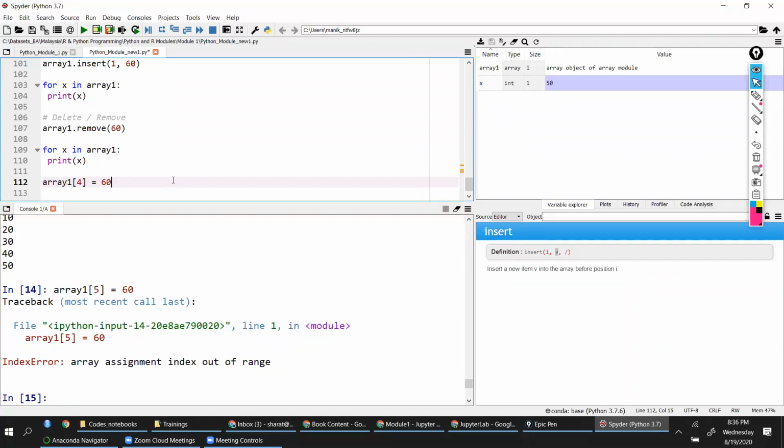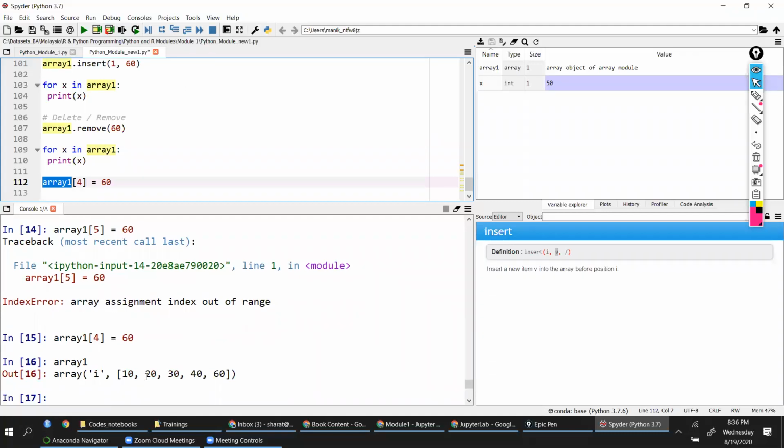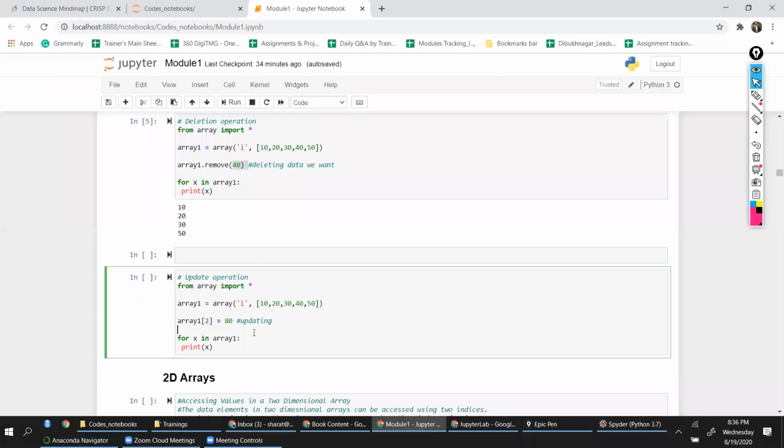Yeah, the number would be inserted before the fourth index. No, no, it is not inserting, but yes, Ankit, you are correct, it is replacing. It replaces the value. So if I execute array1 alone, you can see 50 is not there, but 60 is there now. So it is a replacement.